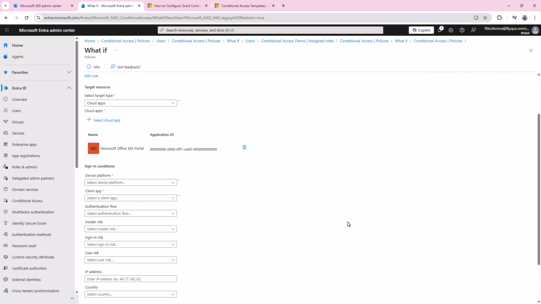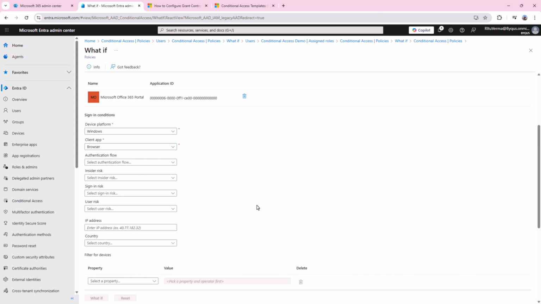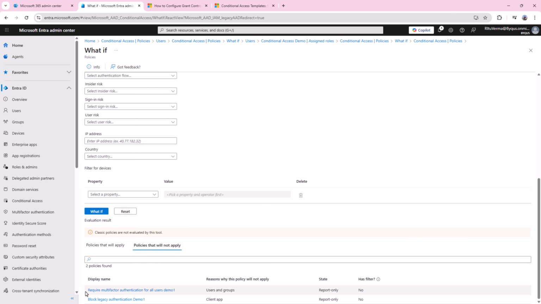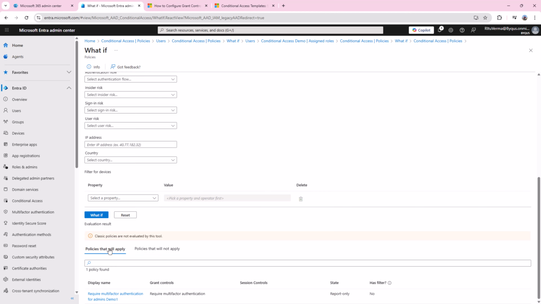So you need to select the application where the user is trying to log in. So now if we run what if analysis, now you can see policies that will not apply is multi-factor authentication for all users demo 1 because we have excluded this user. Policies that will apply is require multi-factor authentication for admins demo 1.